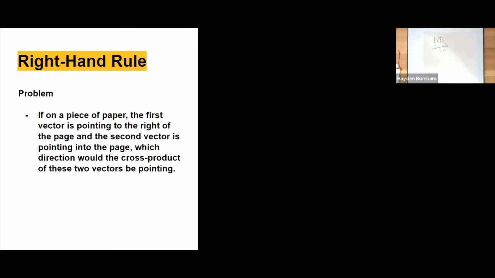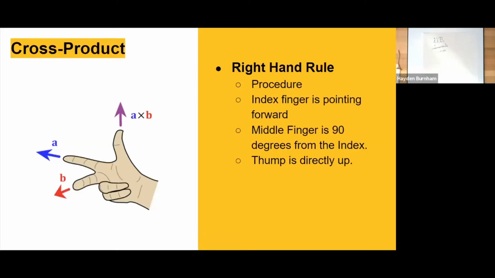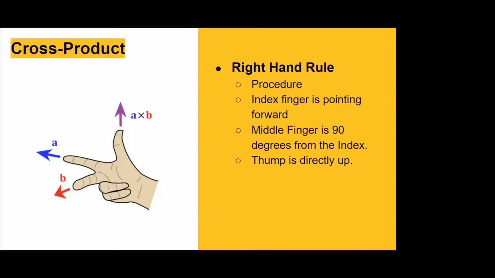Okay. So the first vector is like your index finger, right? And that's pointing right. And then your middle finger would be. Actually, I can show you on the camera. So it's like there. So it would be pointing right like this, right? And then your middle finger is pointing into the page, right? So if we're looking down on the page, we're seeing our thumb is pointing upwards. I had that completely flipped.